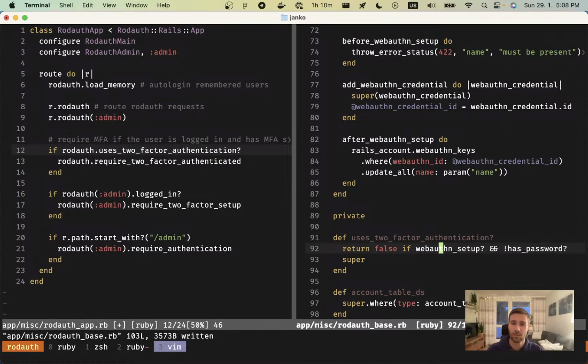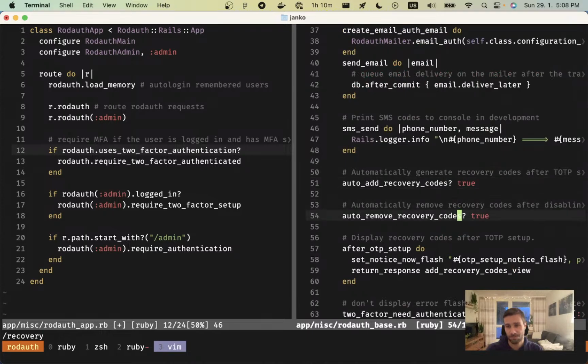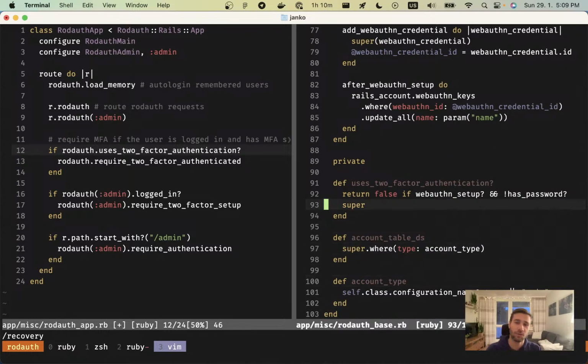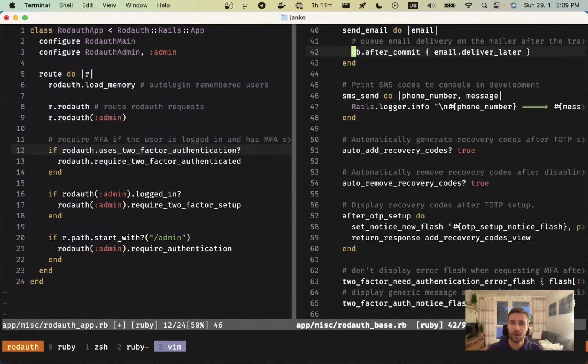I know why this happens, because we have set up to automatically create recovery codes when we set up with WebAuthn. That's why. So it's because we have recovery codes. Okay, so Rodauth is actually returning the correct thing, because it detects that we have recovery codes, and then it thinks we have the second factor. I will just comment this out for now,